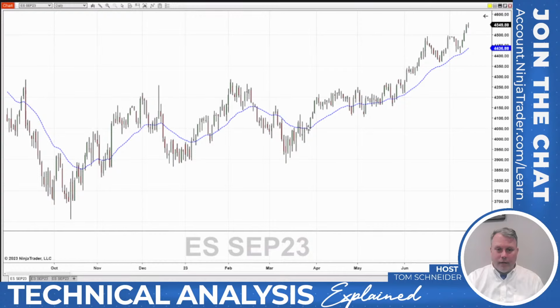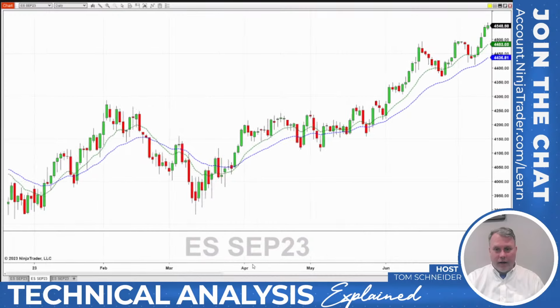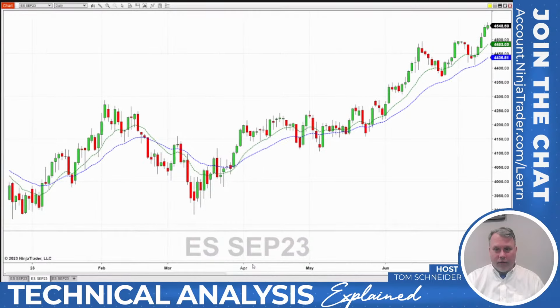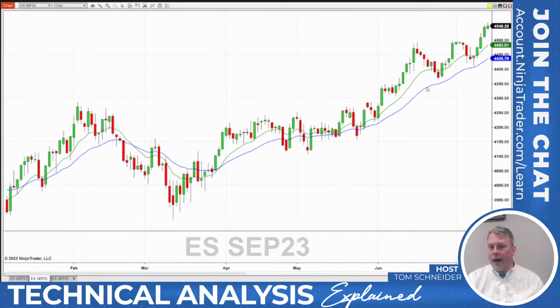So taking that idea of using price to cross this moving average up or down as a way to identify trend change, can we do that with other moving averages? And of course, the answer would be yes. I wouldn't bring that up if it weren't. But let's look at this now. I've got a slightly different view. It's the same data. It's a daily E-mini S&P chart. And this time I've put a slightly faster moving average on that. What I mean by that is a faster moving average uses fewer periods to calculate that average.